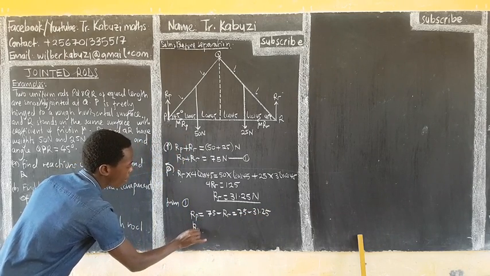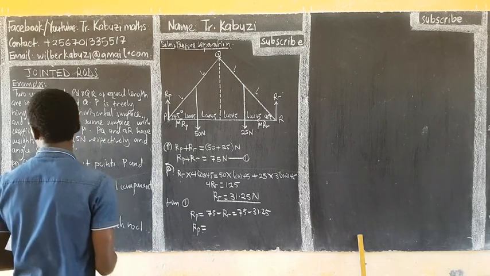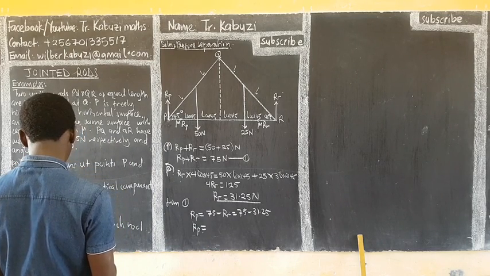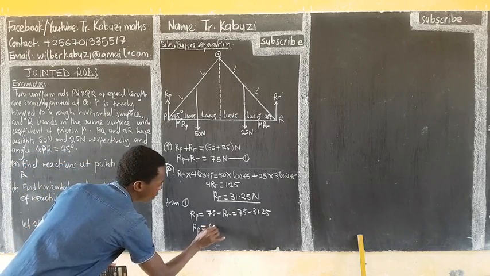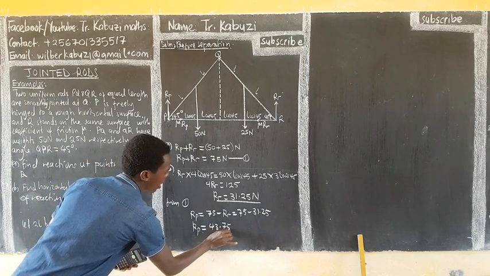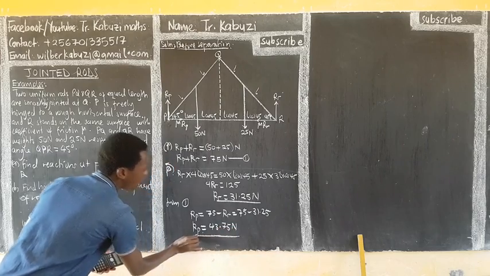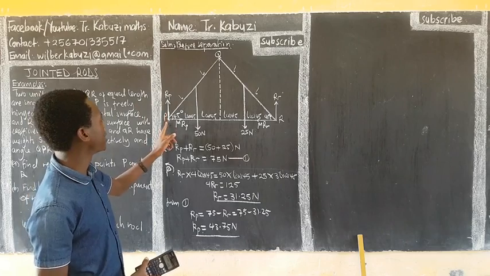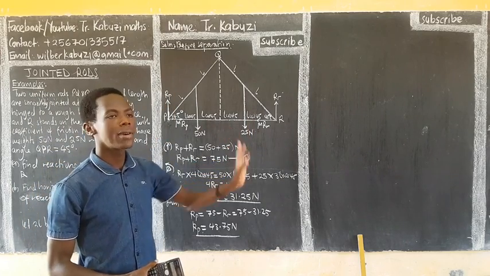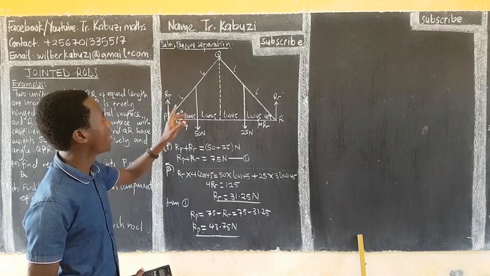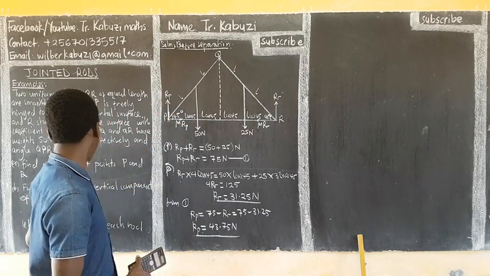And so from here, my RP is going to be 43.75 newtons. So I have the reaction. So this force separation, the only thing we can get are the reactions. But that's it. Then after that, now we consider the force separation so that we can get the reaction at